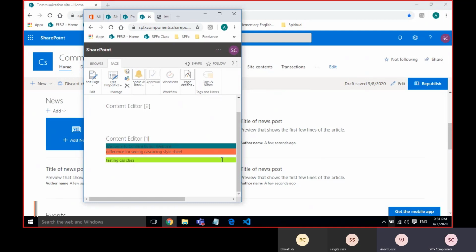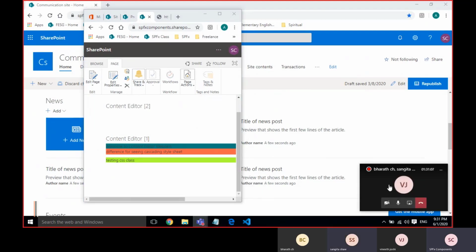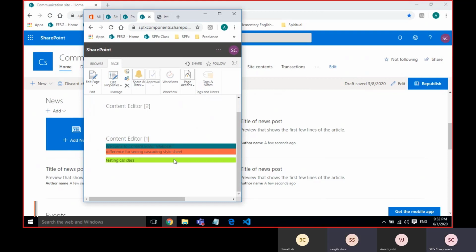Oh, where exactly is the problem? Maybe is it low bandwidth? I can see your screen. And my bandwidth is also high. Vinith, can you see the content editor web part, one green and red color?